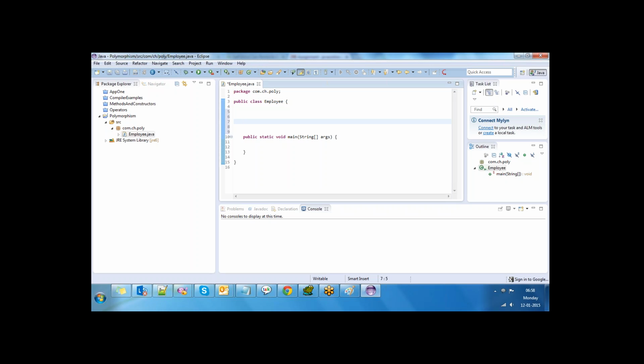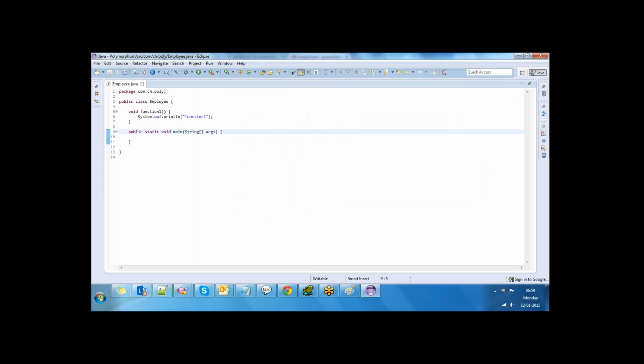So let me create a different method here. Function 1. Now I'm going to create a function 2.